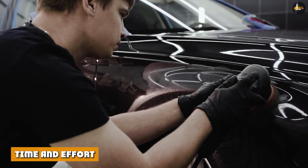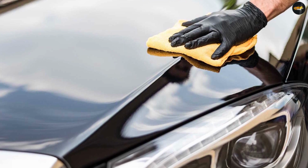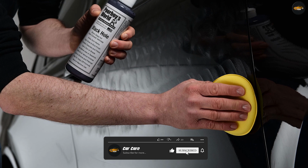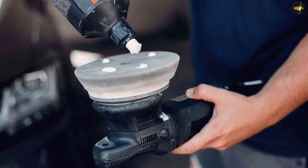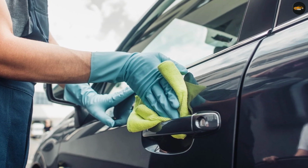Time and effort. The main advantage of machine polishing a car instead of hand polishing it is that it is much faster and less labor-intensive. If you find a good polish and pad combination to suit the paintwork, it's possible to machine polish an average-sized car in just a few hours and get great results. Hand polishing can take about 10 times longer than this if you are doing a whole vehicle,